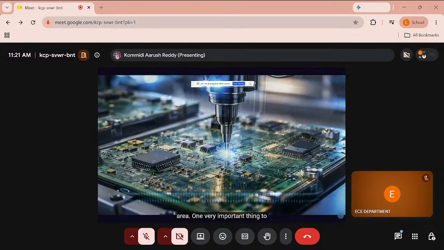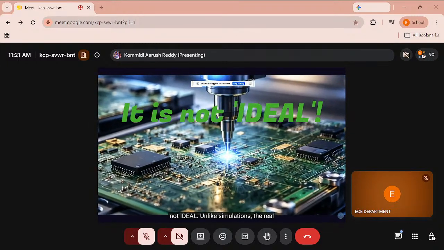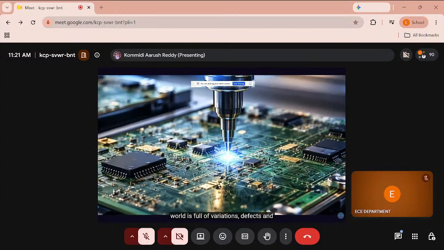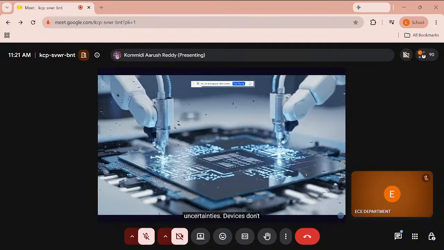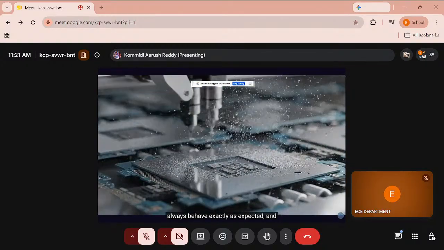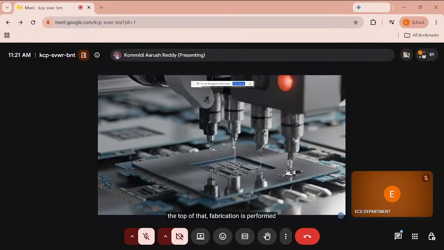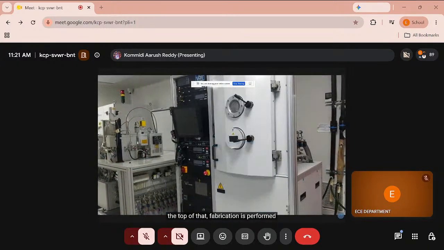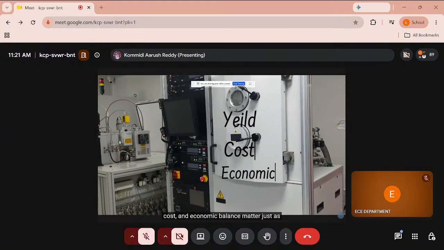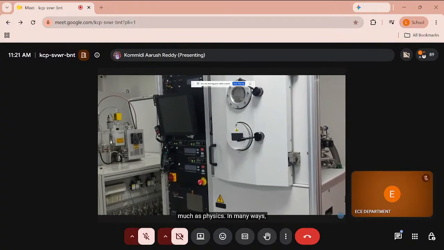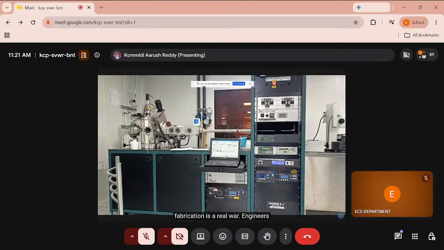One very important thing to understand about fabrication is it is not ideal. Unlike simulations, the real world is full of variations, defects, and uncertainties. Devices don't always behave exactly as expected, and the processes rarely repeat perfectly. On top of that, fabrication is performed at a massive industry scale where yield, cost, and economic balance matter just as much as physics. In many ways, fabrication is a real war. Engineers constantly fight against